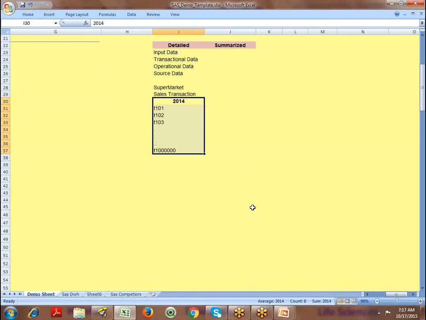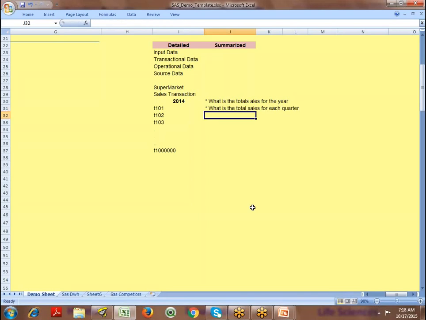In a year there are 12 months. A summarized report is, for example, when a user asks what the total sales for the year is. You will get only one row because you add all the transactions. What is the total sales for each quarter? What is the total sales for each month?